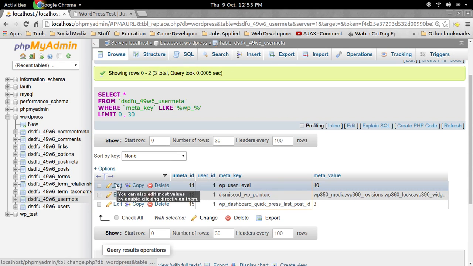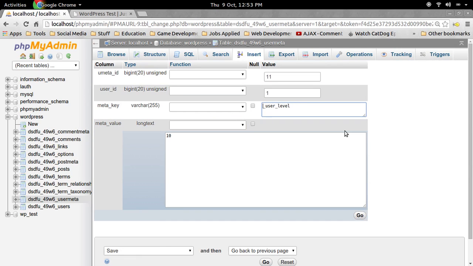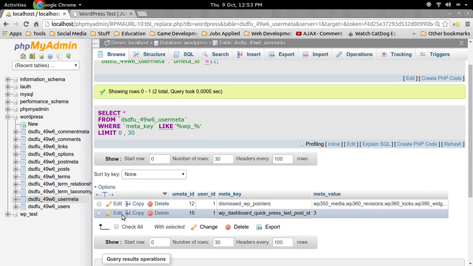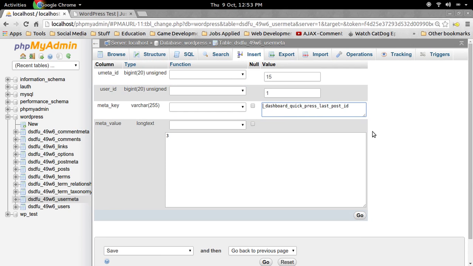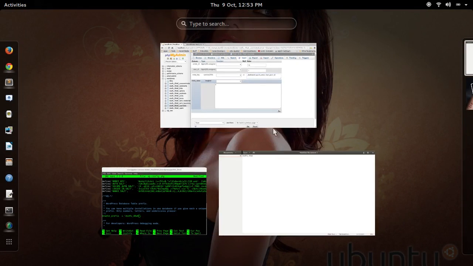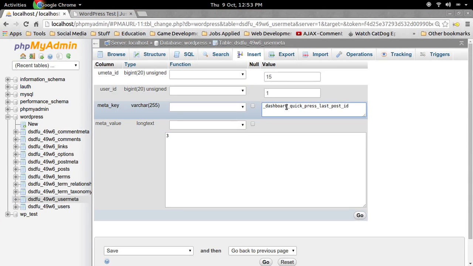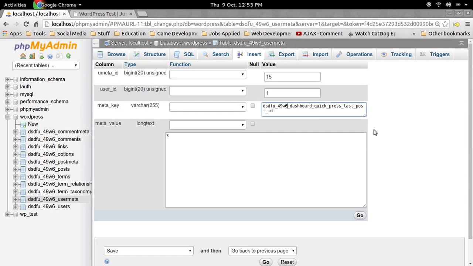And we got a couple more, so we'll go ahead and edit this. dsdfu, let's see, okay, 49w6, and I hope I did that right, that last one I mean. So we'll go ahead and rename that, and I probably should be using gedit for this, so let me just get that. That's the whole reason we did it. I'm going to go ahead and click go,